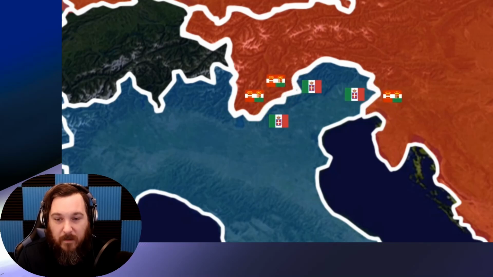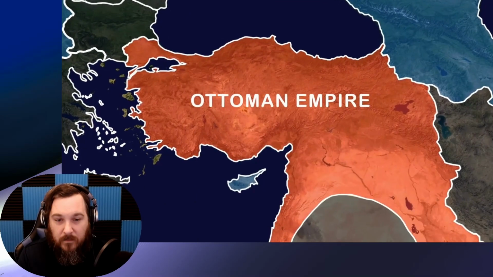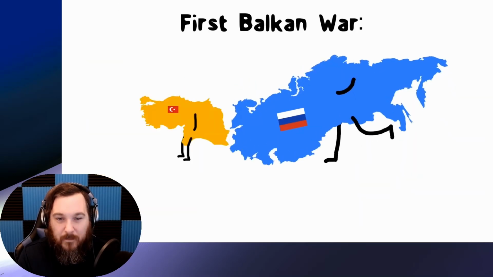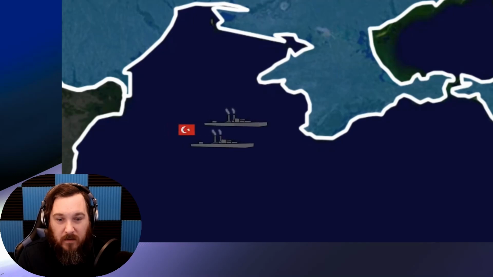The Central Powers' new friend was a struggling empire in the Middle East. The Ottomans were divided on whether to actually join the war or not, since they had been exhausted by the recent Balkan Wars. Some of the politicians who did want to join went off on their own and fired...